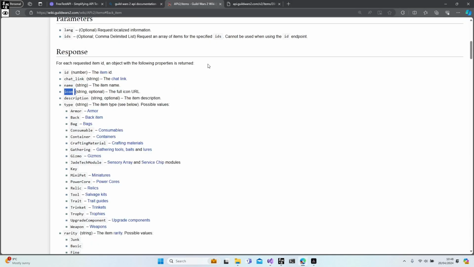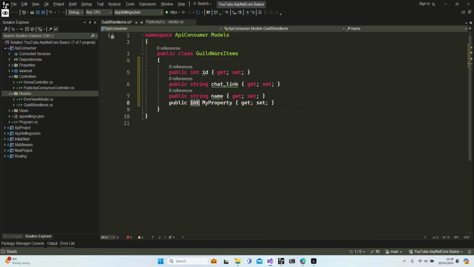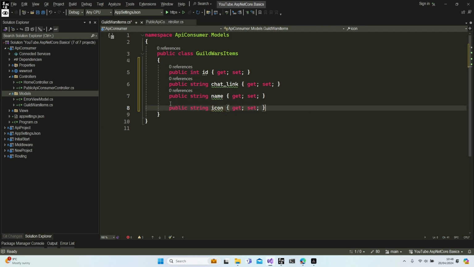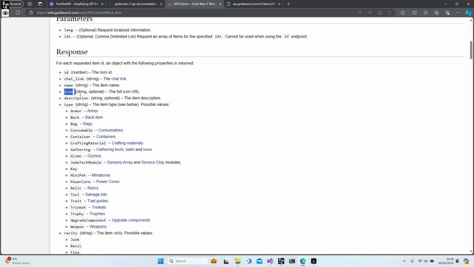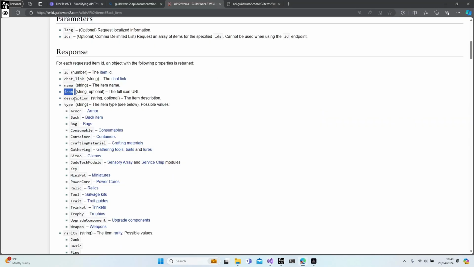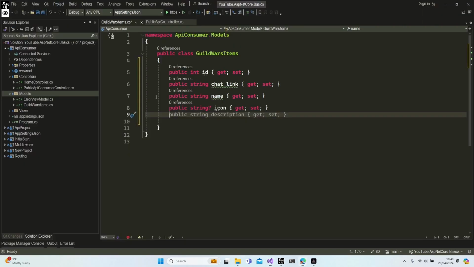We have an icon, string icon, and this is optional, so we can add a question mark here. It can be nullable. We have description,